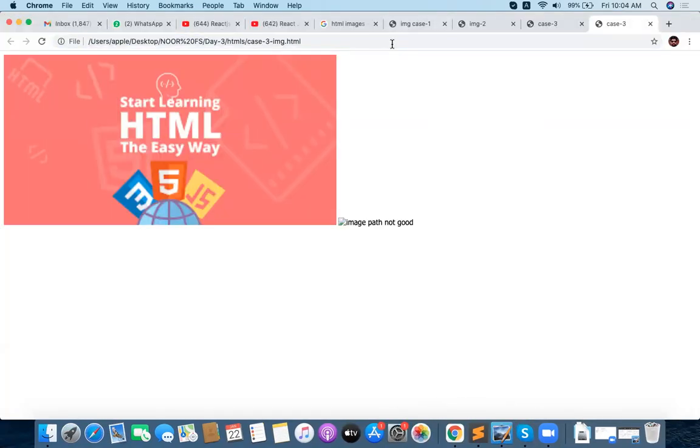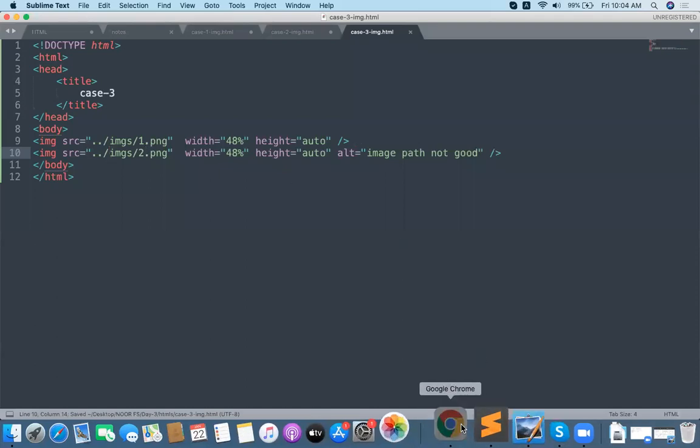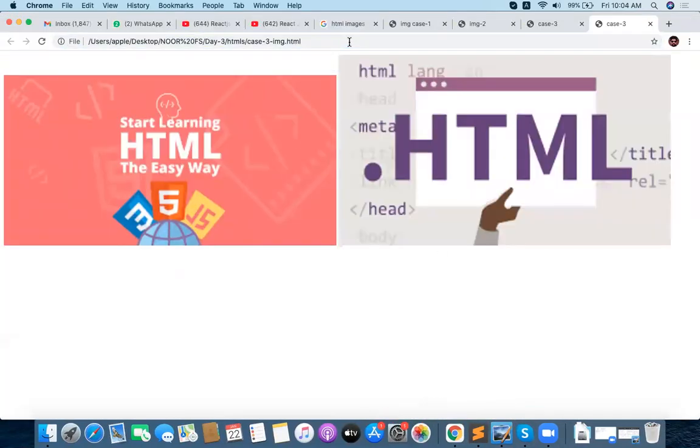Yeah, now see. You missed the slash. Yeah, that's it. Now you can see that properly we are writing the things, and automatically we can see both images